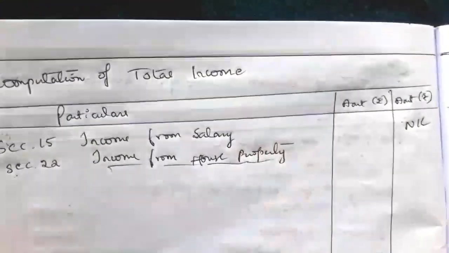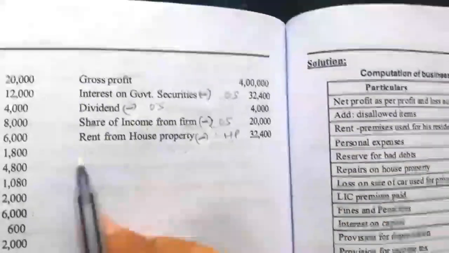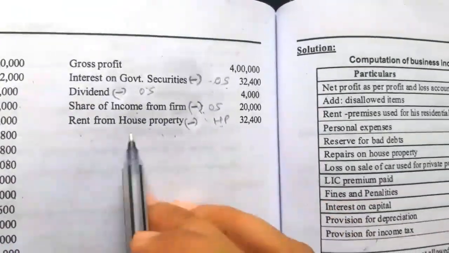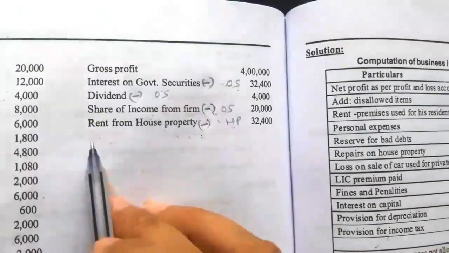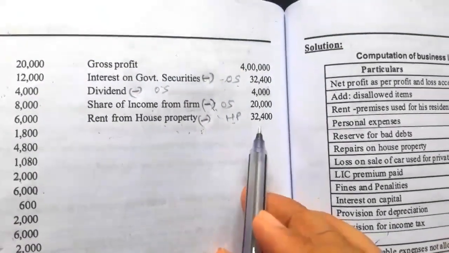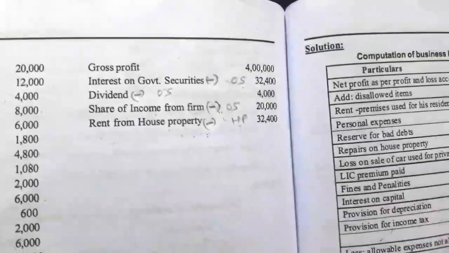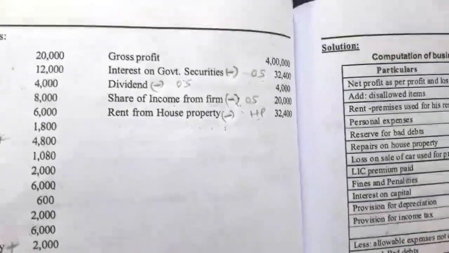Section 22, income from house property. Relating to house property, we have to see the credit side here. Again there is information relating to house property: rent from house property. Here Mr. Kumar has received a rental income from a house property, rupees 32,400. This rental income should be taxed under section 22,